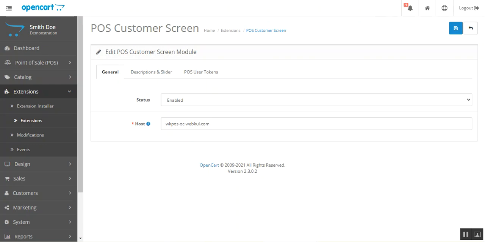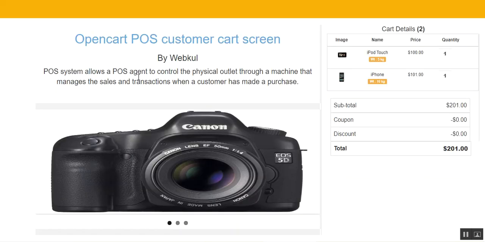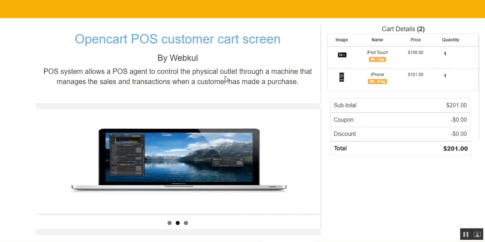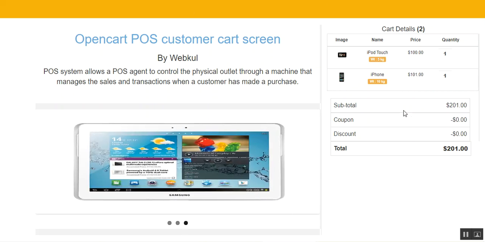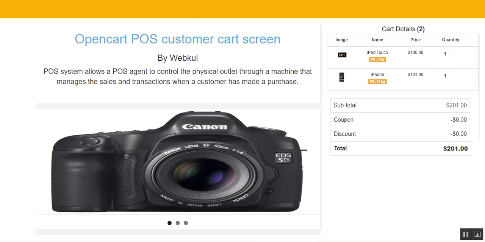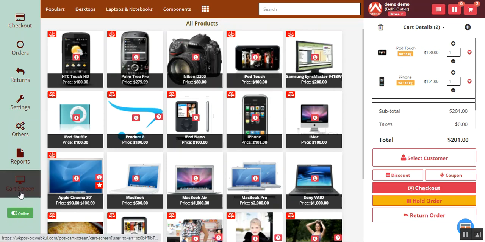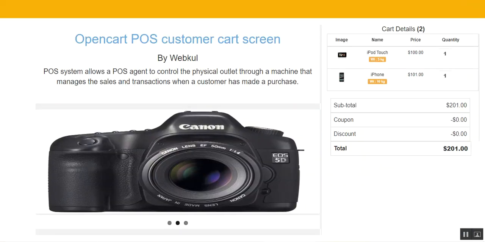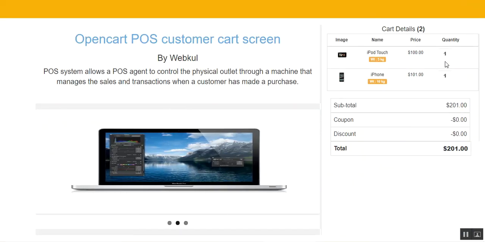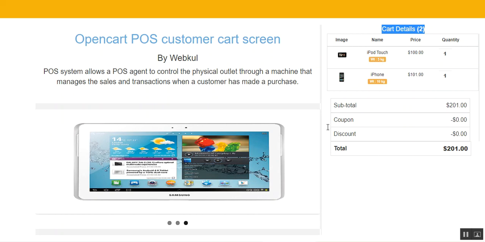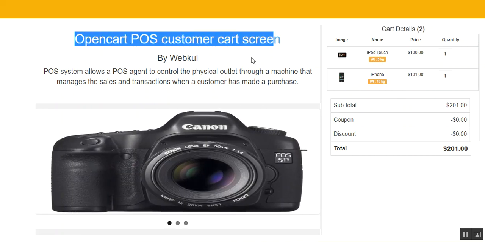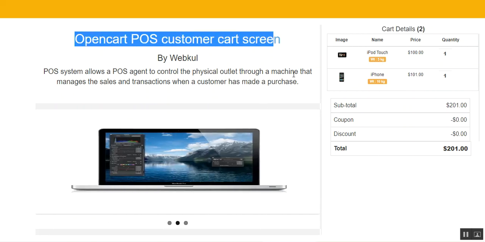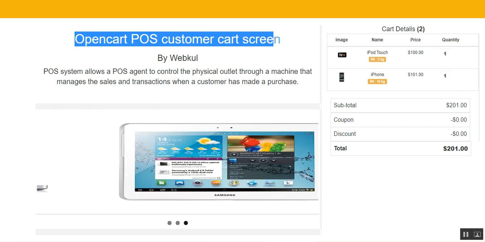If chosen as enabled, then on the customer facing screen, this particular type of cart would be visible to the customers there, and an option of the custom cart would be visible within the point of sale terminal as well, as you can see here on the bottom left hand corner. And tapping the cart screen would project the cart onto the customer facing screen, and the customer can find the details of the cart here on the right hand side. On the left hand side, he'll find the description, the title and the sliding images that the admin has added from the backend panel there.